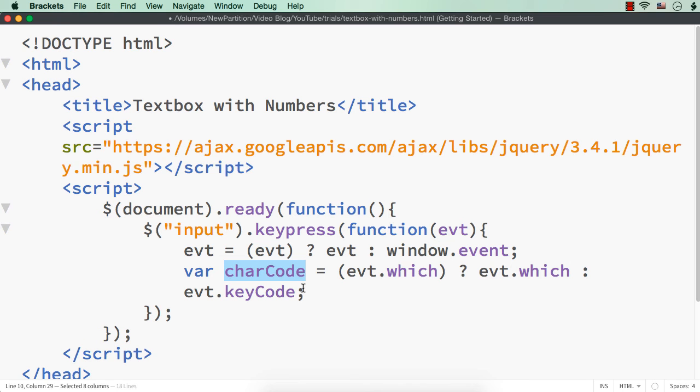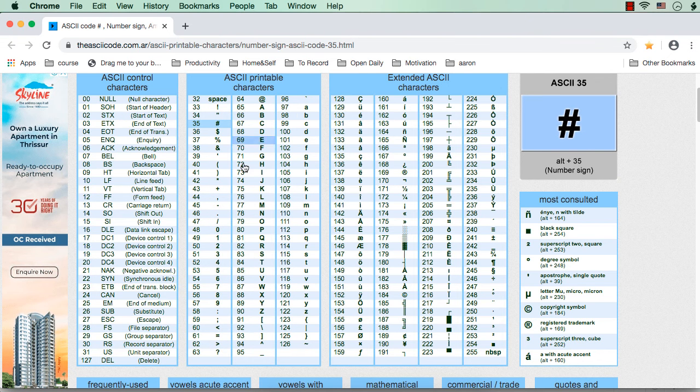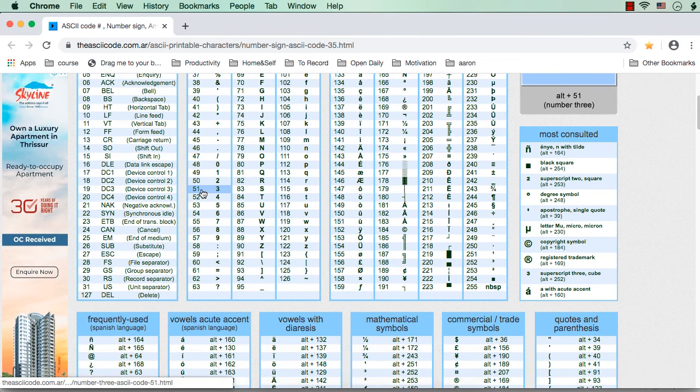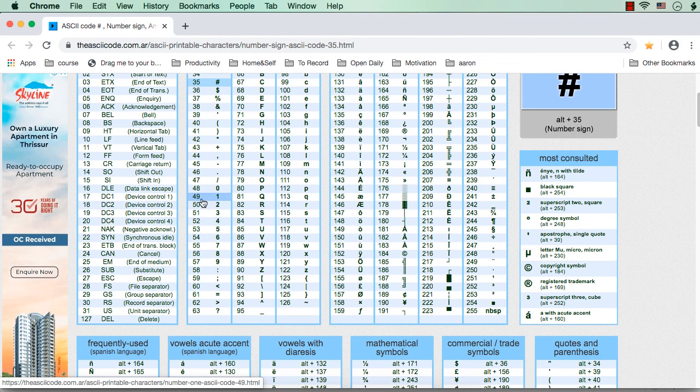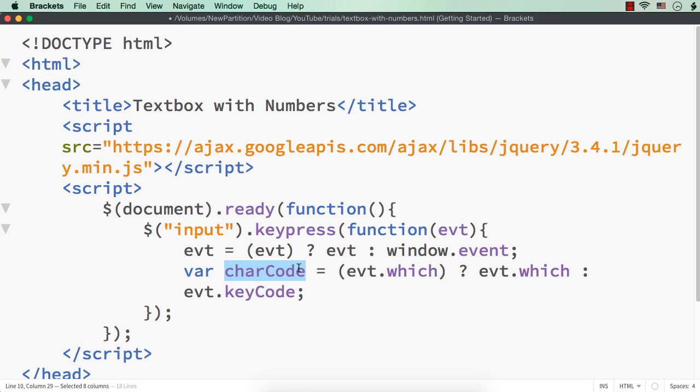Now we need to make sure that only numbers are being entered inside the text box, right? The ASCII code value for the number 0 is 48 and for 9 is 57. I will show you that. See, this is the ASCII code chart, and here you can see that 48 is for 0, 49 for 1, and up to 57, which is for 9. So from 48 to 57 we need to allow, that is, to make sure that only numbers are being entered, we have to make sure that this character code value is between 48 and 57.